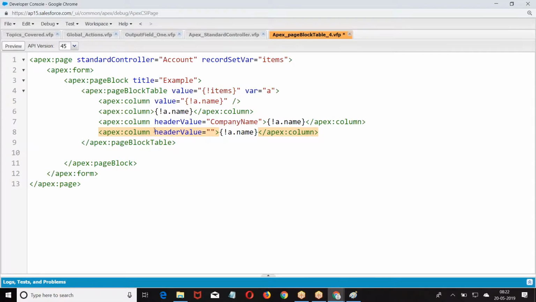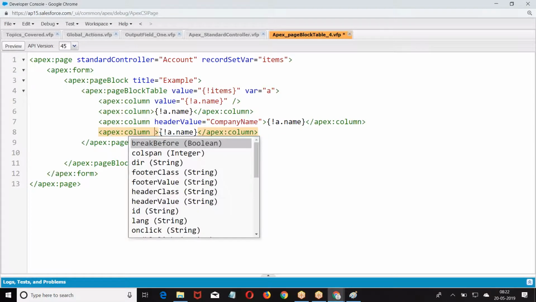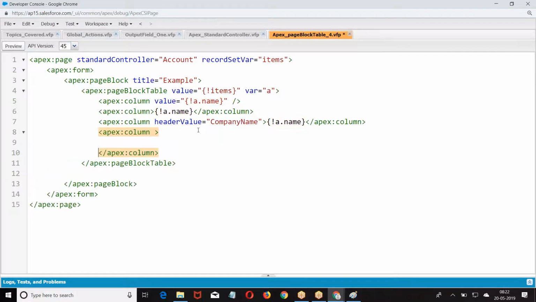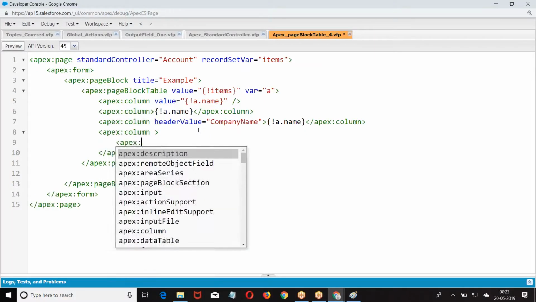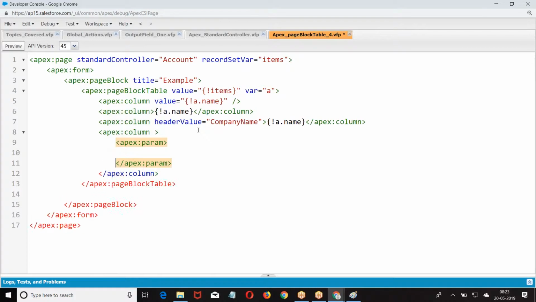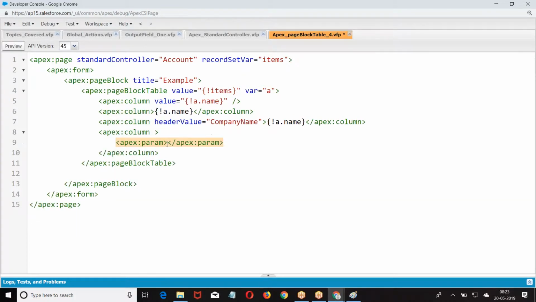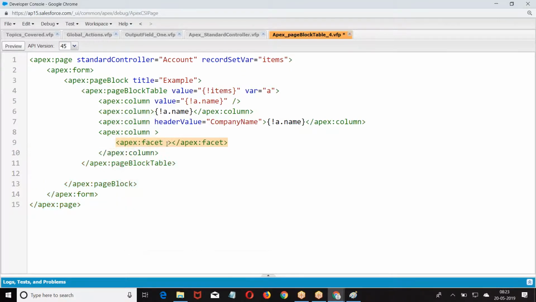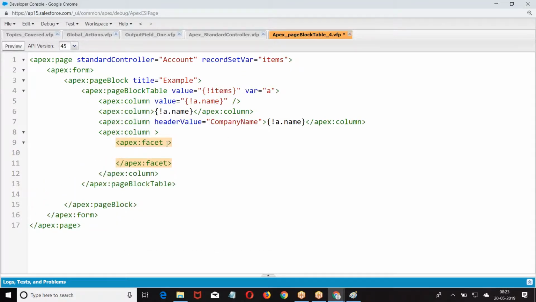Then what do I do? Boss, if you want to print anything other than a text message in the header, then we give apex facet.